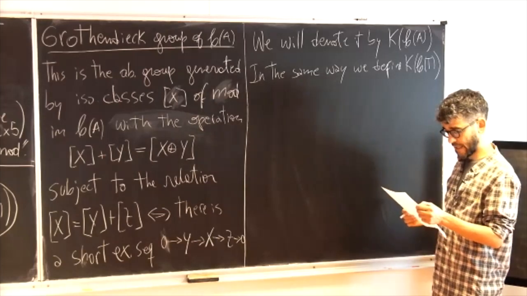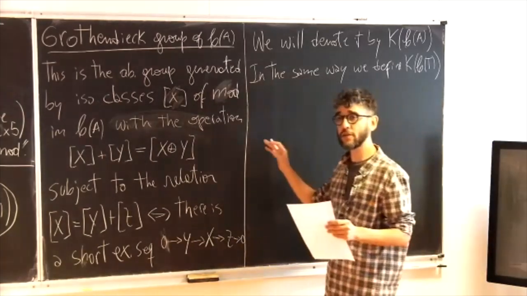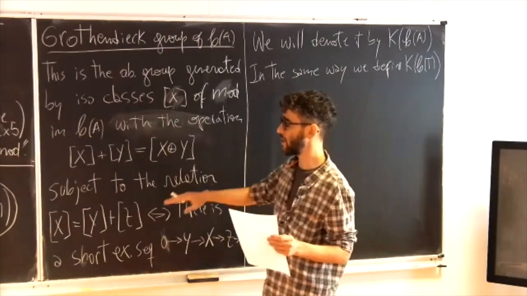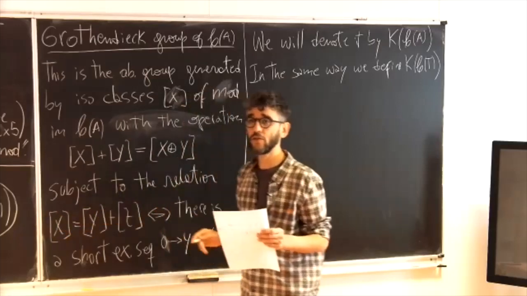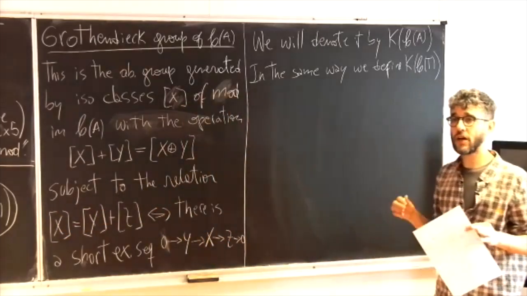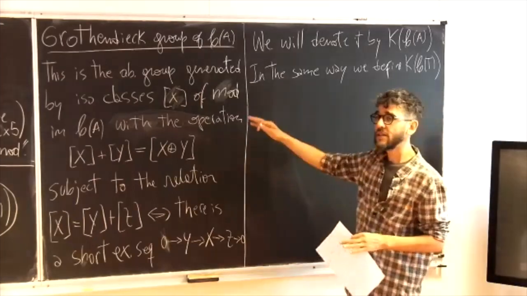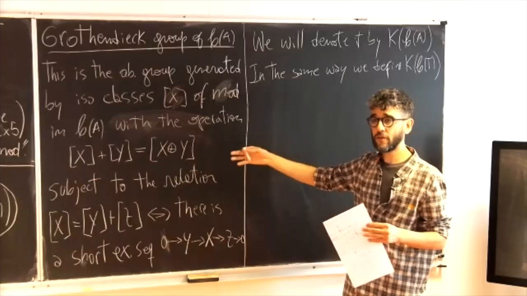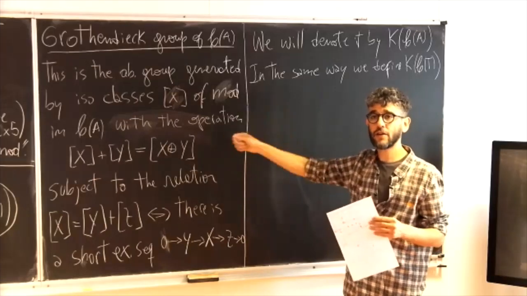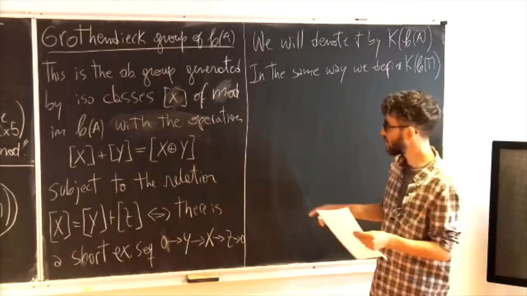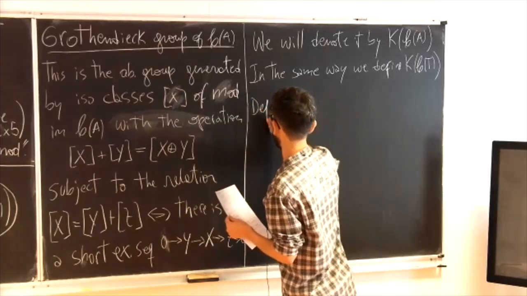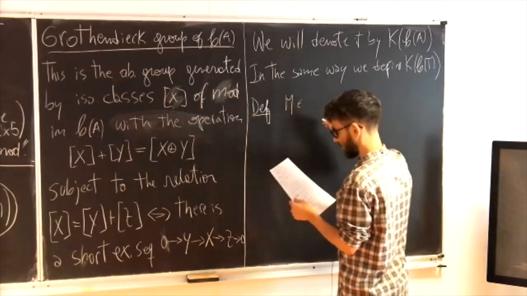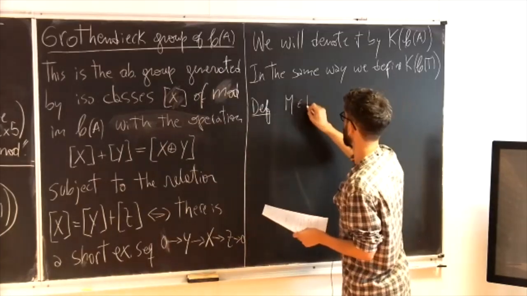Okay. And I introduced this group because we want to study the structure of the simple modules over A as T modules, and it's the same as studying the representative of a module in the Grothendieck group. So I will introduce a new definition. The following: if M is a module over A,